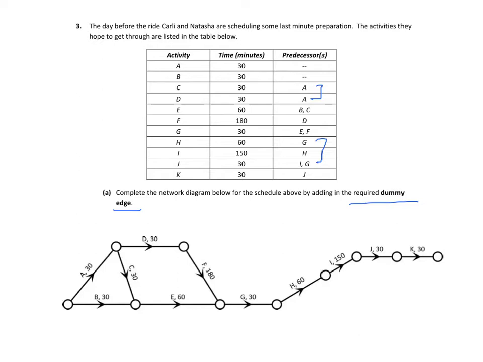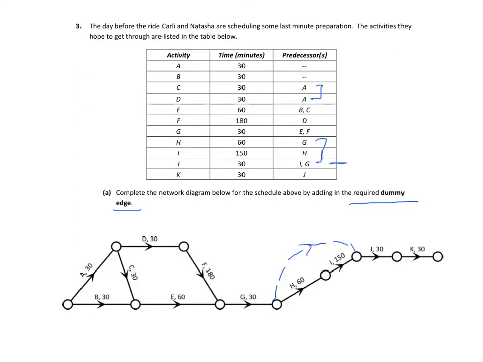But J also has I as a predecessor. So G is doubling up, but the predecessors don't match for the two activities. So what that tells us is that we want to start our dummy edge from activity G, so the end of activity G, and it needs to connect into the start of this one here where there is a mismatch, so into the start of J. So from the end of G, we have our dummy edge coming around and joining in here at the start